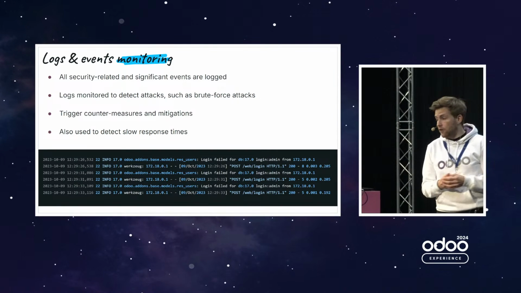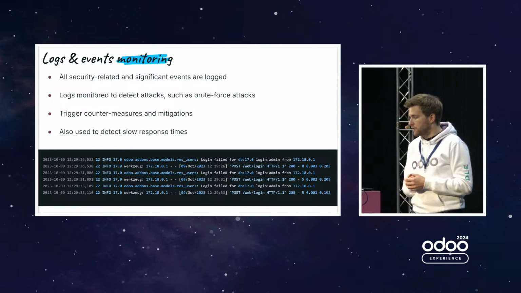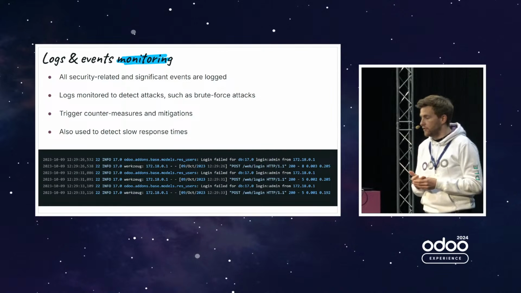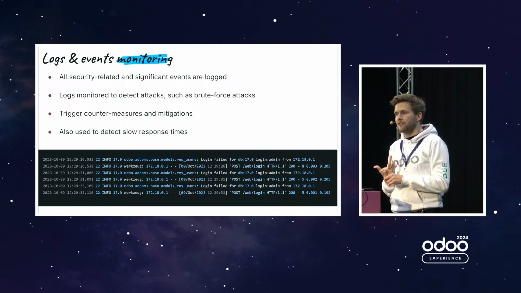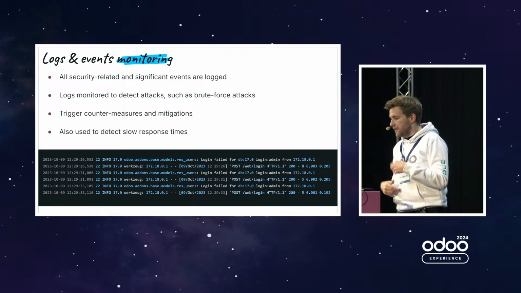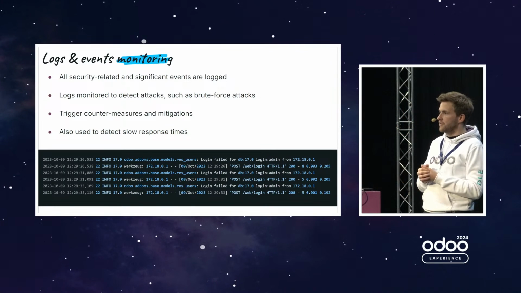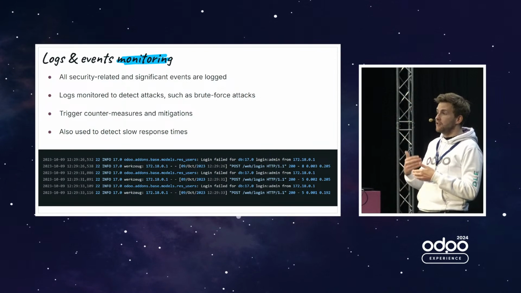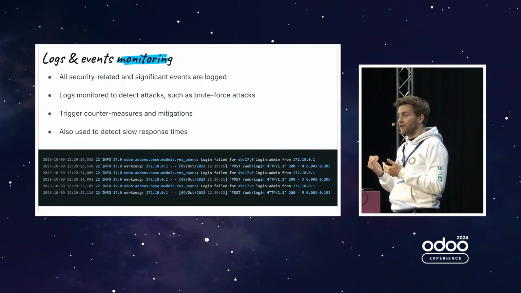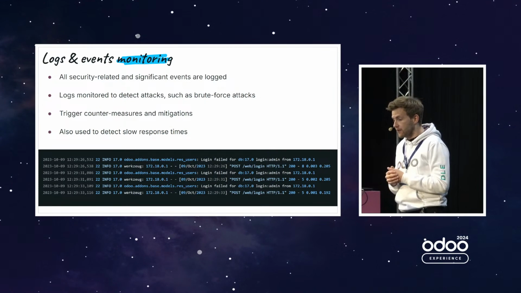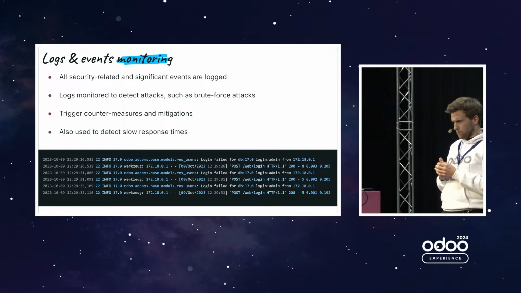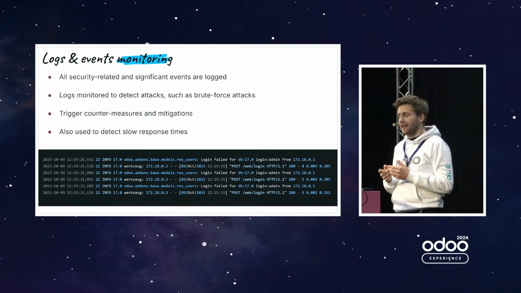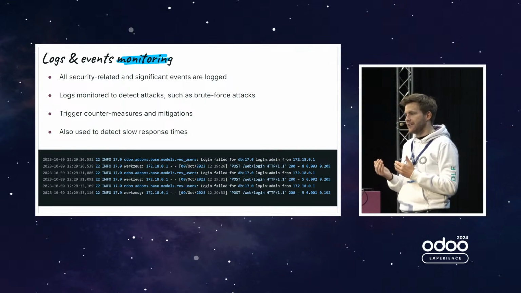You also have logs everywhere, and it's super important to have good quality logs in Odoo, because it logs important security events, like a change of password or someone trying to log in but failing. It's good to have those in the server logs. It's also used to rate limit things: if someone is doing a lot of logins from the same IP, we can see it and rate limit it. It's also used to see if the server is slowing down, since you have the response time at the end, so if something is getting slower and slower, we can see it and act accordingly.